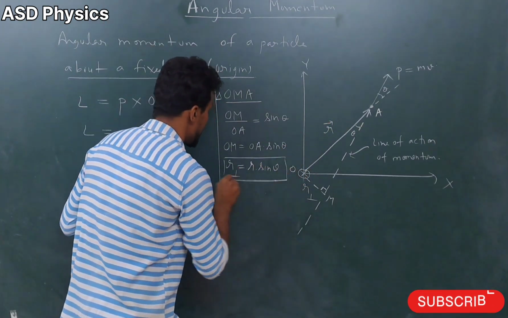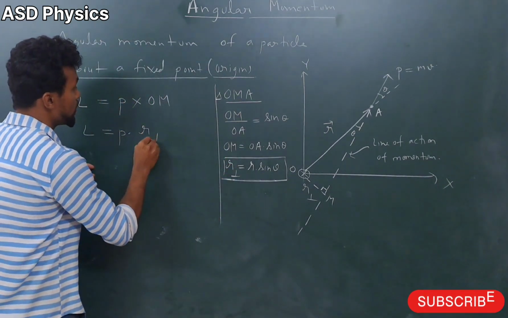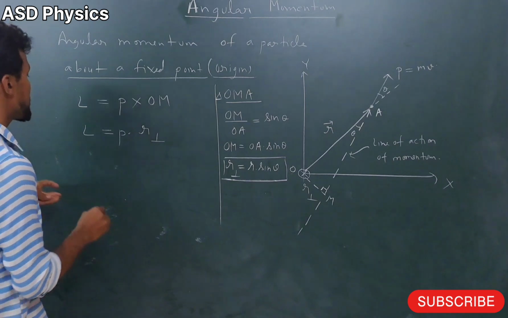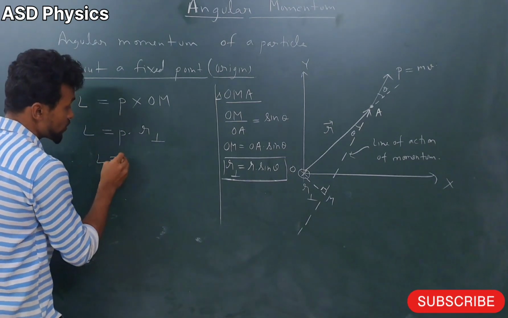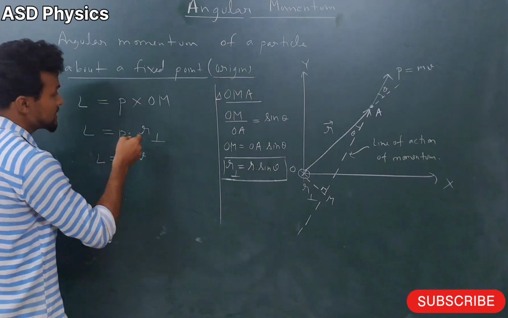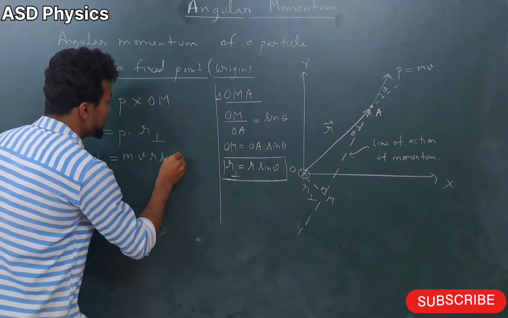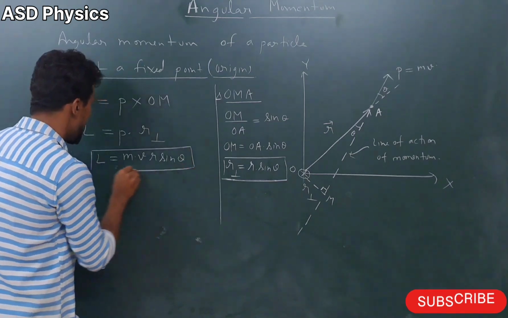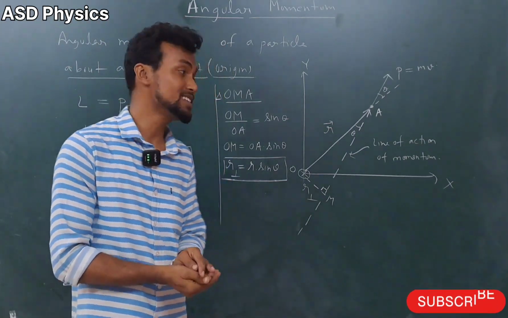So we can write L equal to P into R perpendicular. If we simplify this, L equal to P, which is mv, and R perpendicular, that means r sine theta. That means the angular momentum is given by L equal to